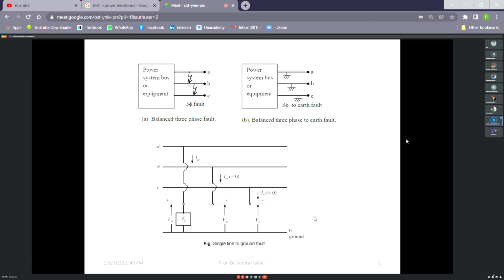Actually, this current will be fed to the relay every time. The relay will monitor the current. Say healthy current is 400 ampere. When it is 400 ampere, the relay will identify it as a healthy system. But when the current is, say, 500 ampere, then it will be alert. It will try to move. It will try to give an indication to the circuit breaker. A circuit breaker is like a switch which will disconnect the faulty portion.